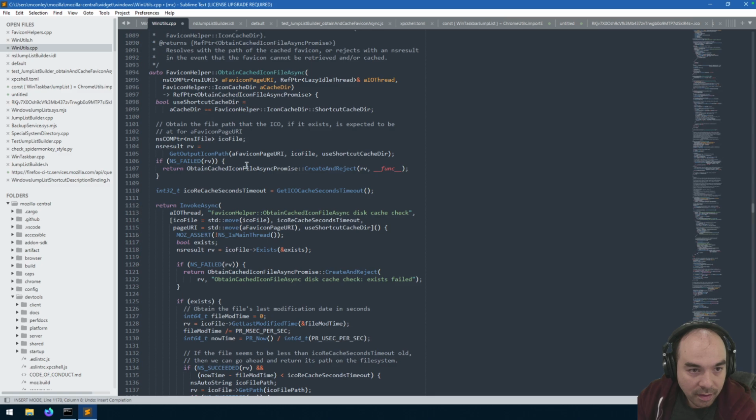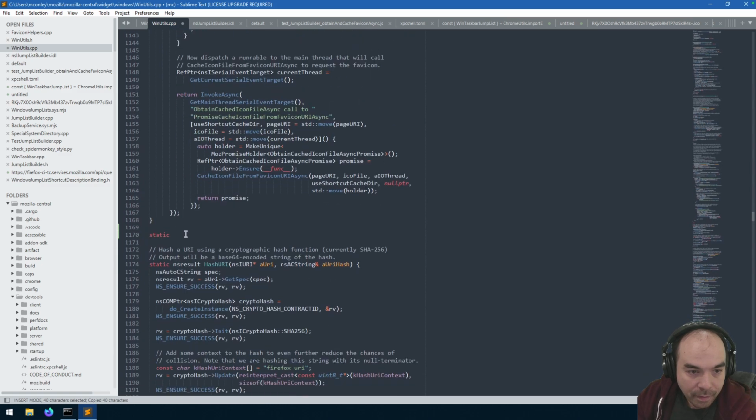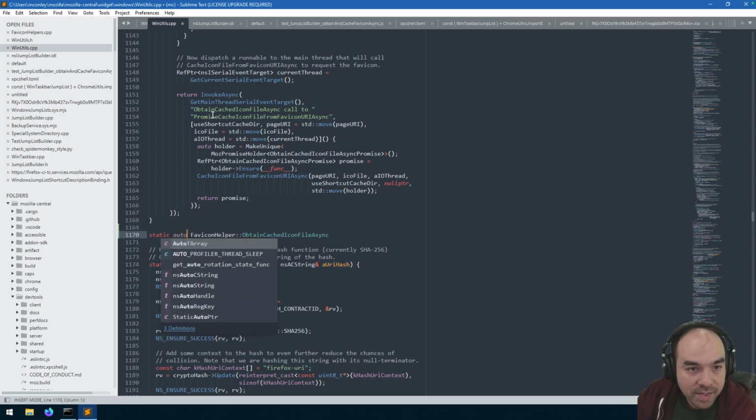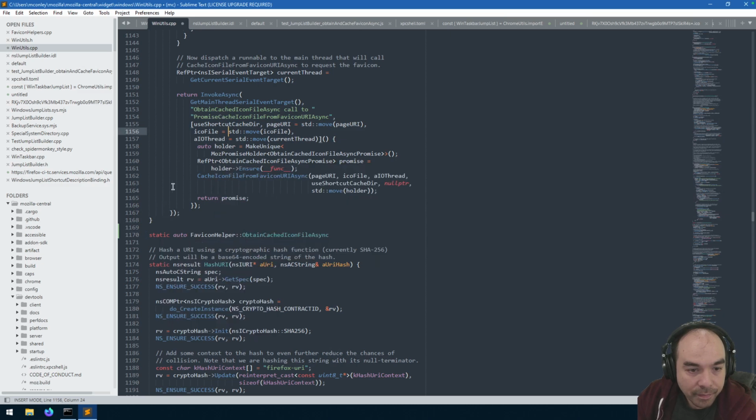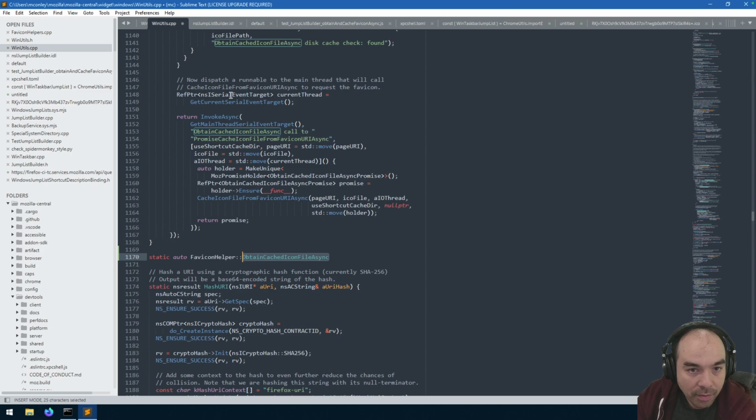Static auto favicon. What is this doing? Obtain call to promise cache. What is this going to do? We get the current thread that will call. Right. So this method actually does the work of sending the lambda to run a function back on the main thread.